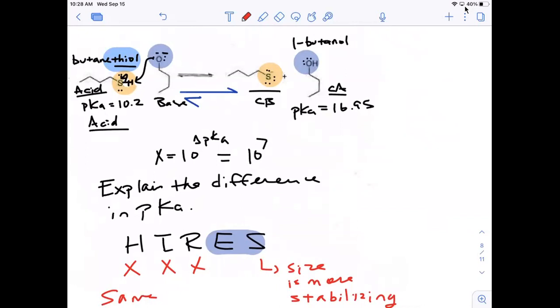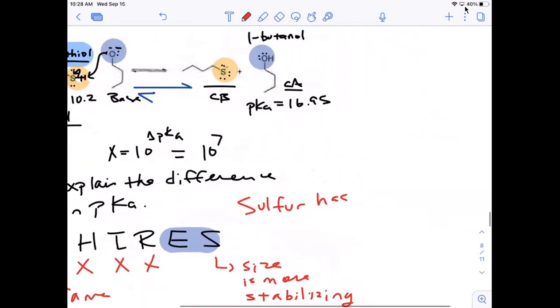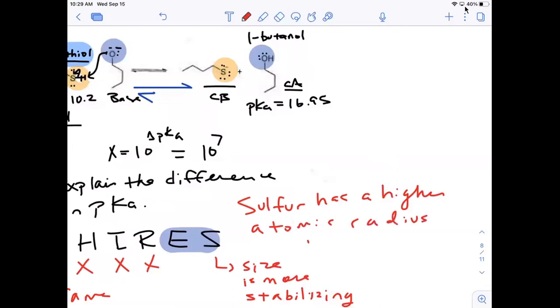We're talking about the radius. The atomic radius, right? So sulfur has a higher atomic radius,